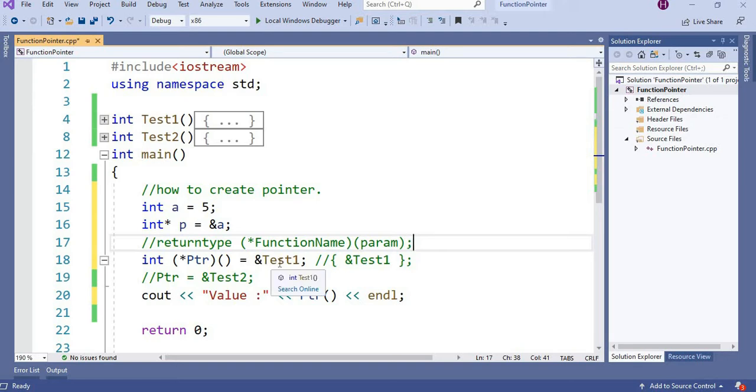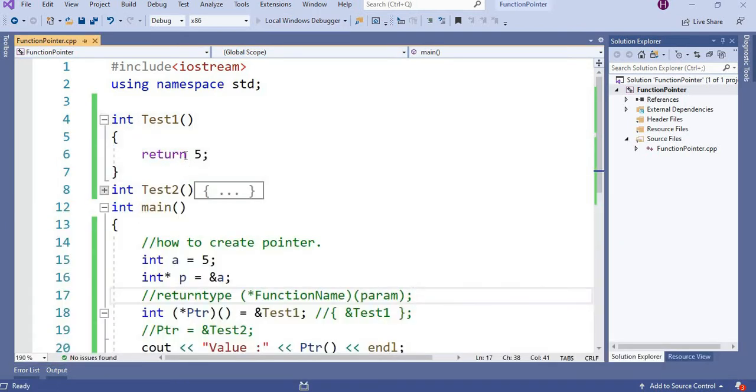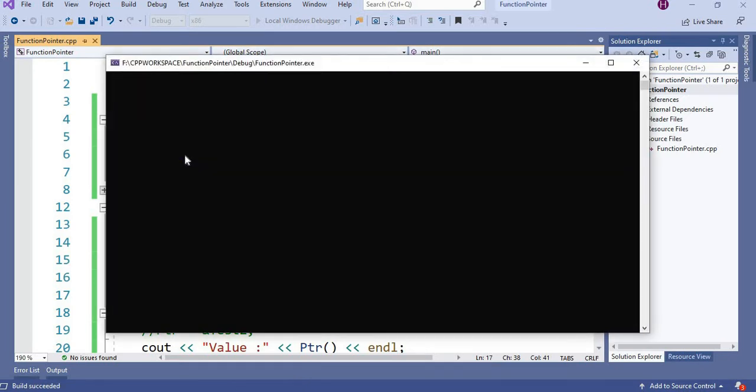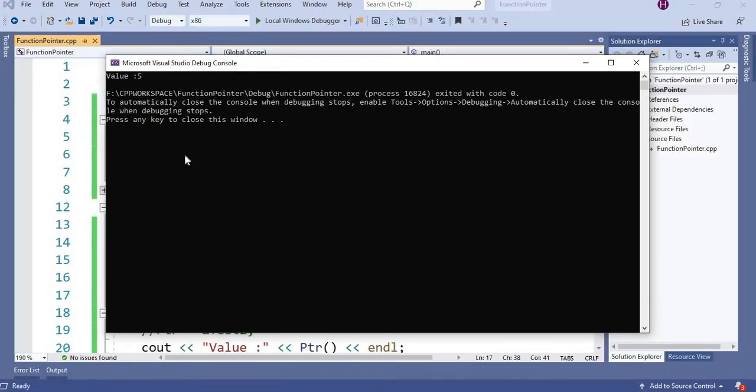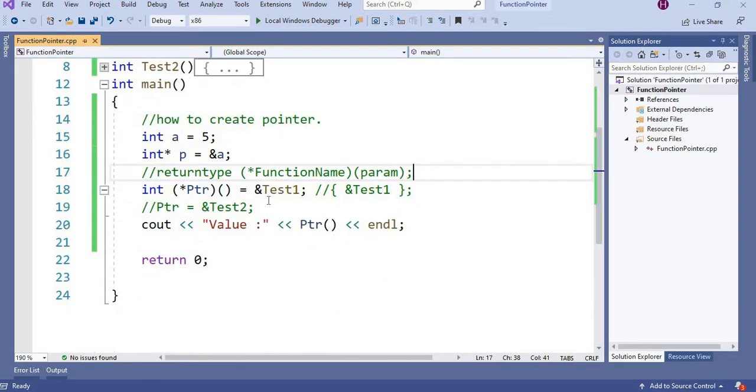Now I have assigned this. If I run this, it will print the test1 value because it's pointing to test1. I have already explained that a function pointer can also be used to create a callback mechanism. We will see all those things step by step.